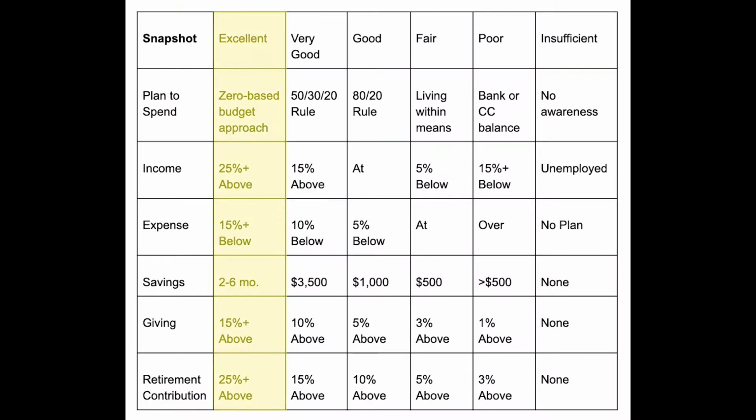Going through this process of scoring your expenses may be a little bit sobering, and that's intentional, because it's important for you to be able to see how you are bringing in an income, where that income is actually going, and whether that income is actually covering the lifestyle that you are leading. So jumping into the specific columns, under the excellent column,